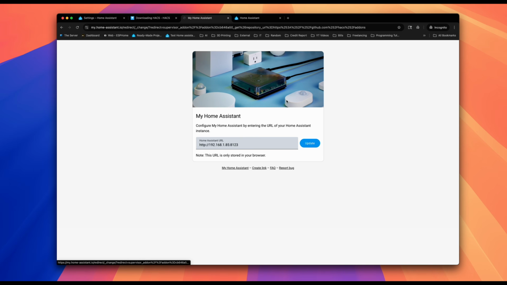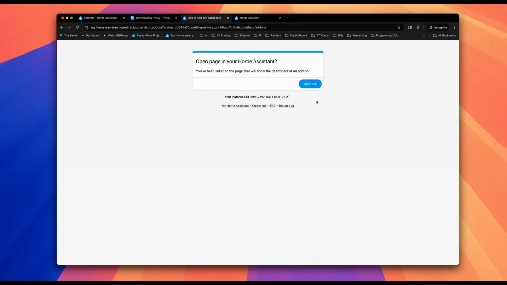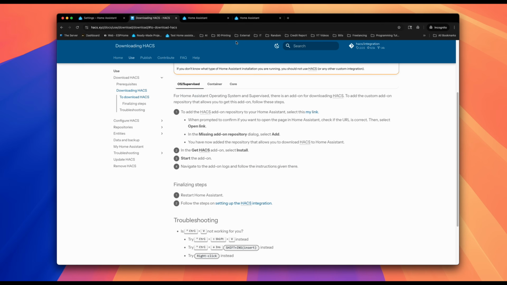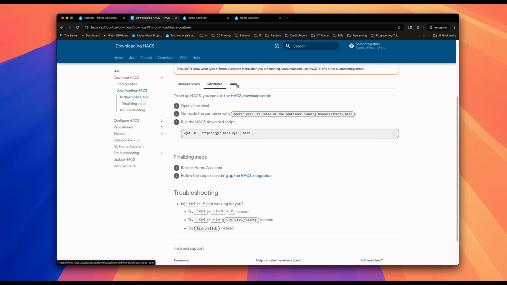If it doesn't, you can just edit it and put the right Home Assistant address here, and then you update it and open it. So now it's going to open this, and you need to install it on the Home Assistant system. The key thing to note as it installs is that you need to make sure you have the right